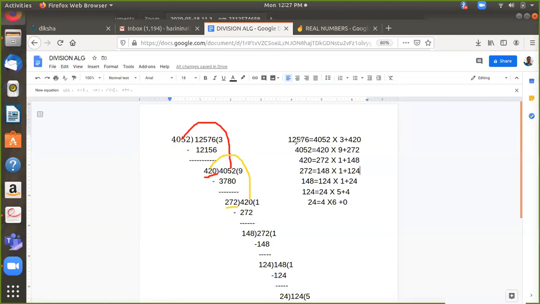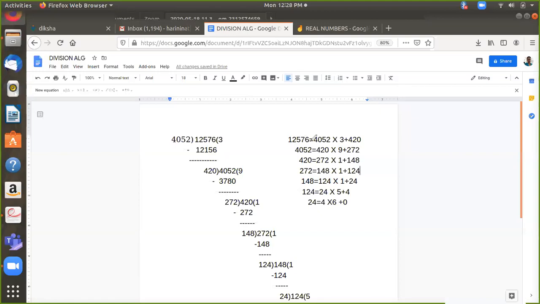So we will see how we can convert this into the division lemma that we have to write. Now I think I'll clear that. I'll just take one column. Okay. So this 12,576 is the dividend we are starting because among the two numbers that we have, 12,576 is the bigger number. And we know there are 3 times 4,052 in it, because I know less than 3 means my remainder will not become less than 4052. So I have found out by trial and error that there are 3 times 4052 sitting inside 12,576. So that's what I write.